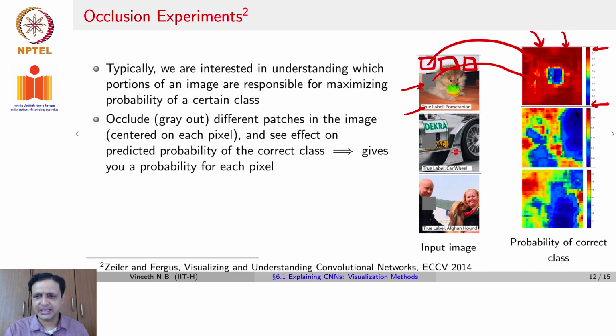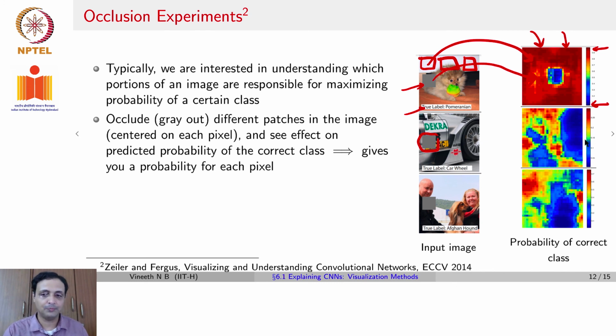Similarly, in the second image, the true label is car wheel, and as you keep using this gray patch all over the image, the probability drops to the lowest when the wheel